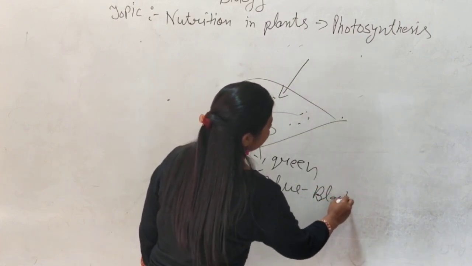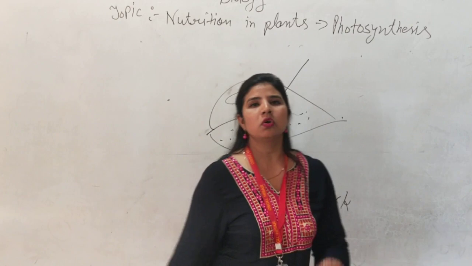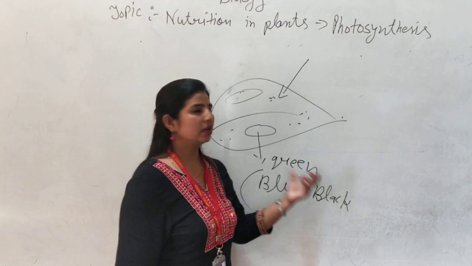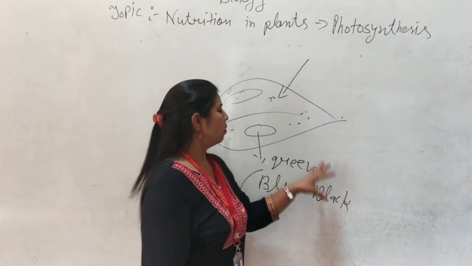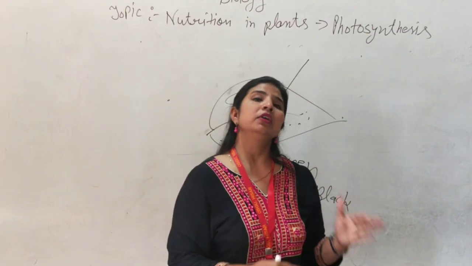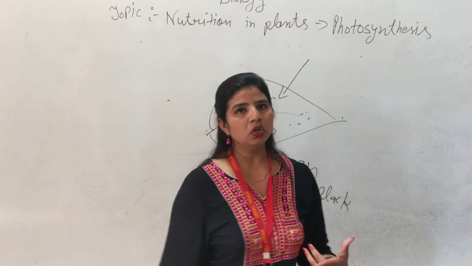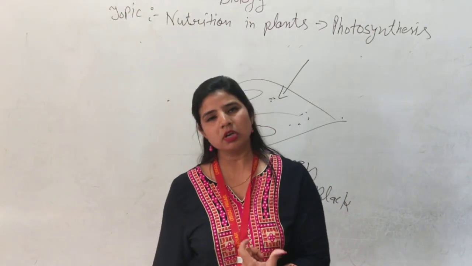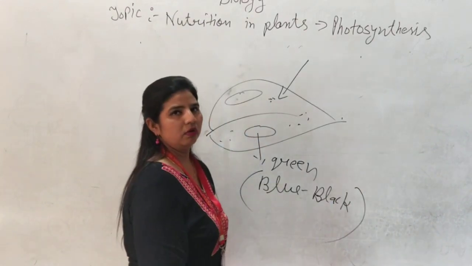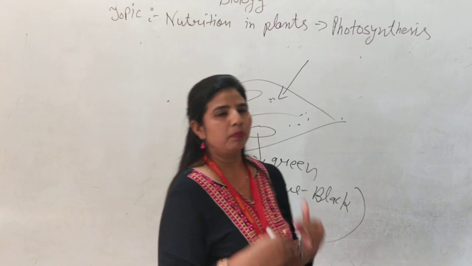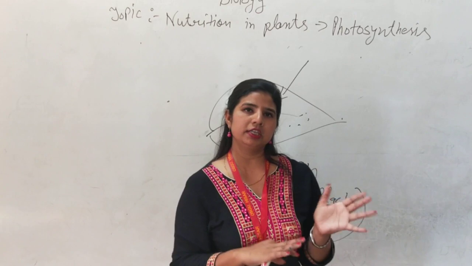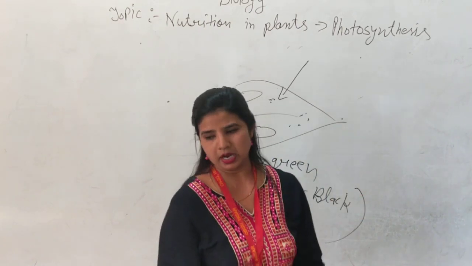Why will it turn blue black? Because only the green color can prepare the food. It can trap the sunlight, so the portion which was green turns blue black, because iodine is used to test the presence of starch. And as I told you, after photosynthesis, what is the product? That is starch or carbohydrate. So this experiment you can write in your own words, like take a potted plant and then pluck the leaf, and it should be of different colors, so you can understand that green color is required for that.